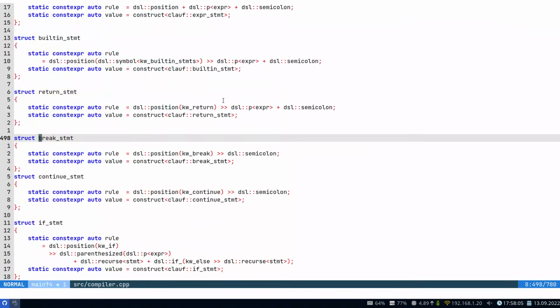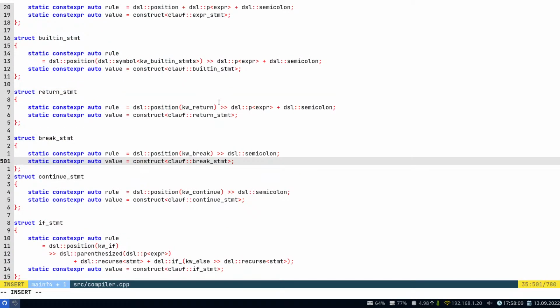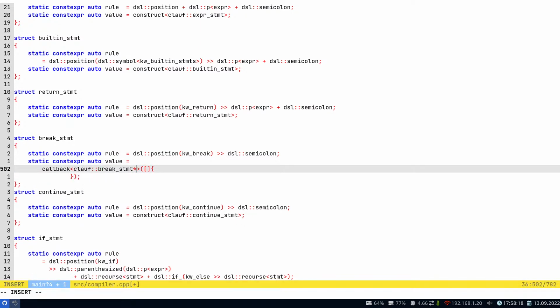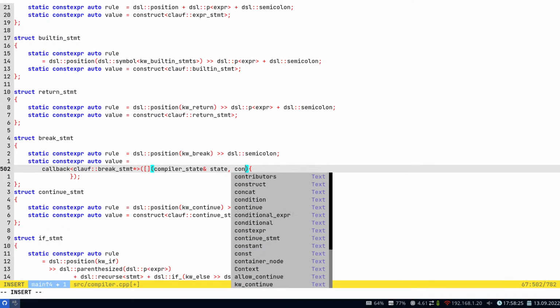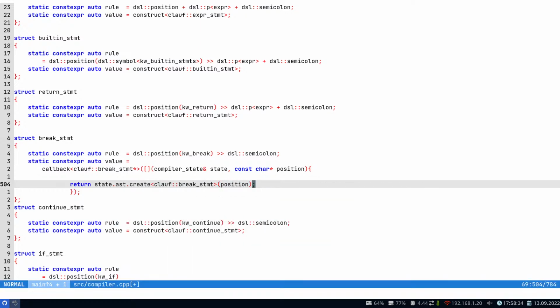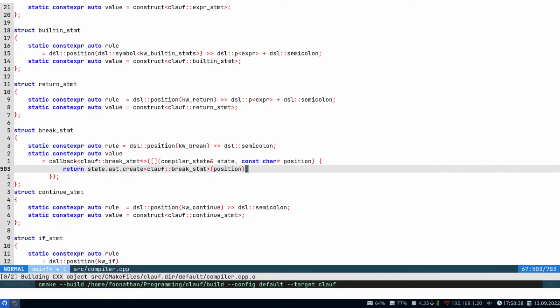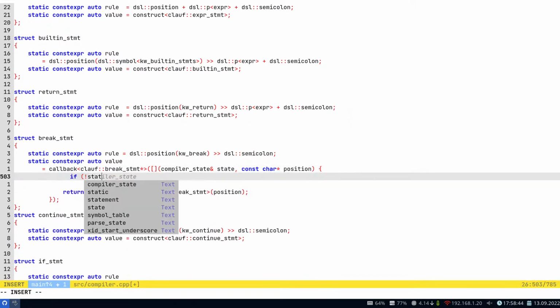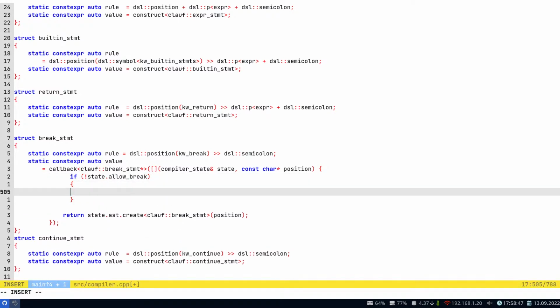So when we do a break statement, actually want to do like a callback thing. So a callback that takes a break statement, turns the pointer to a break statement, gets the compiler state and the position, then return state as create the break statement on the position. So this should still compile. Okay, and then if not state.allow break, then I want to generate an error message. State dot